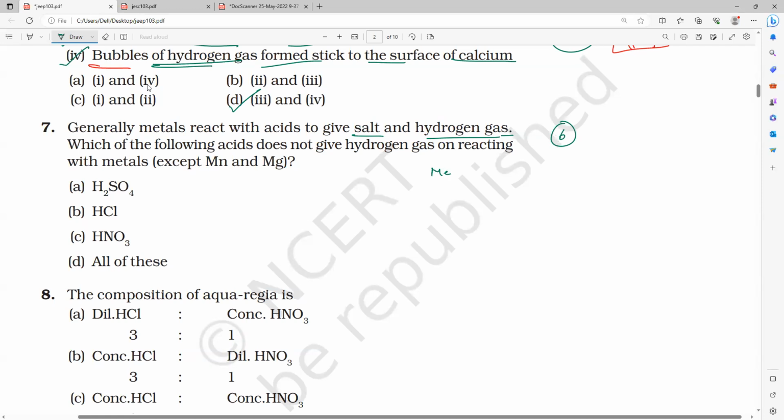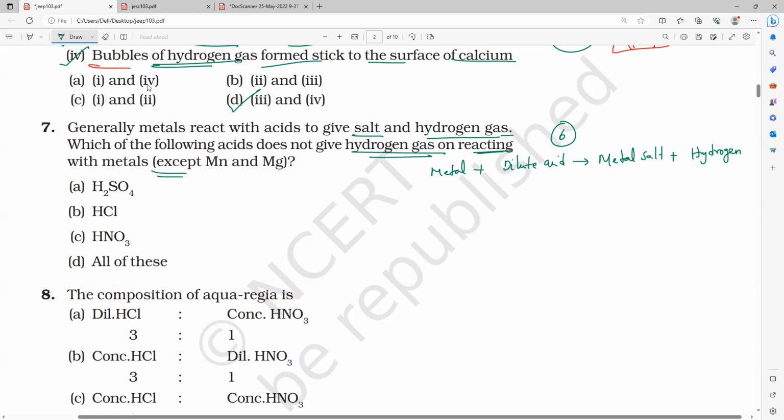So metal, immediately you have to remember the concept. Metal reacts with the dilute acid. What products will come? We are going to get metal salt plus hydrogen gas. That's all. So now they are saying, which of the following acids does not give hydrogen gas on reacting with